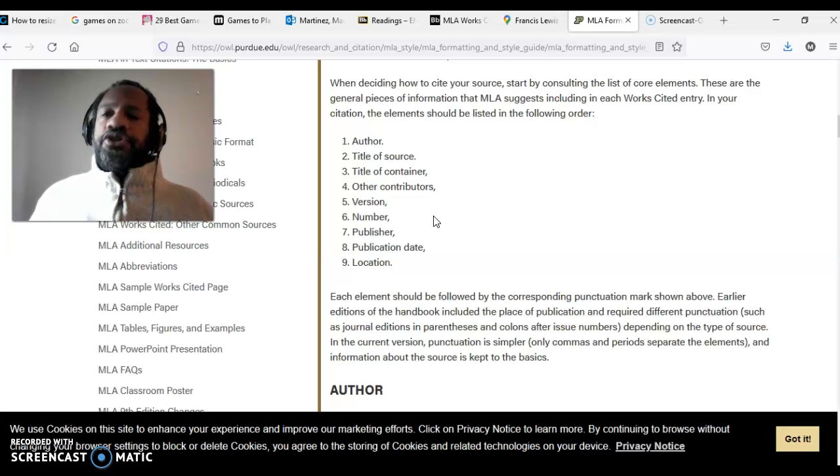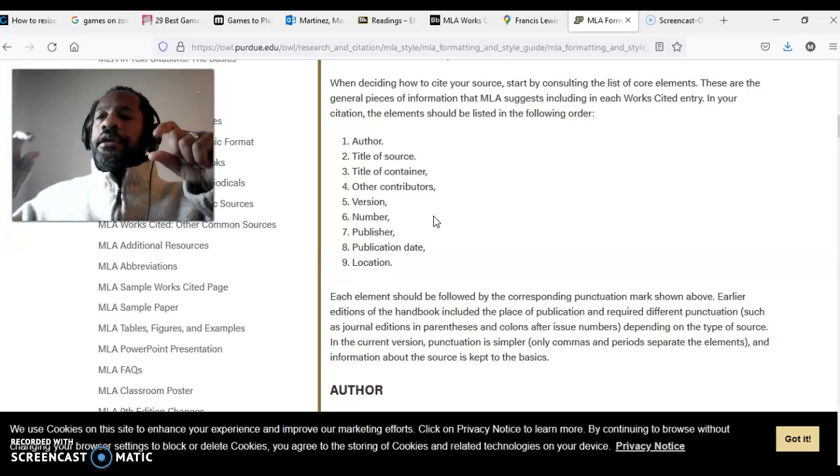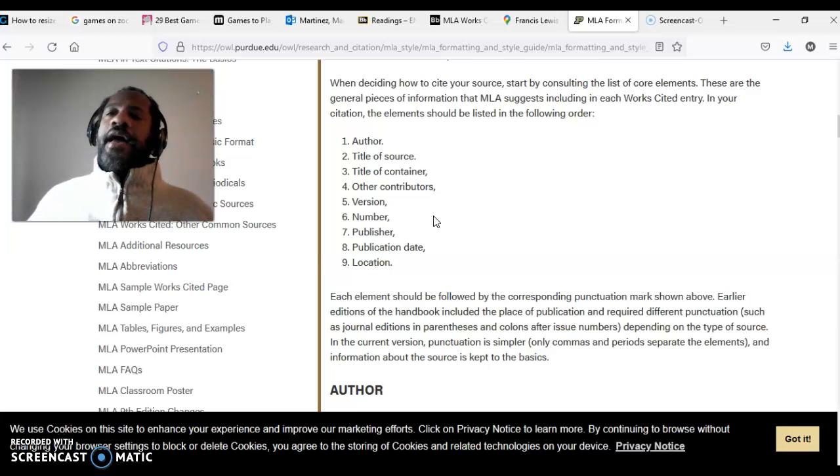Then we say the publisher, right? Who it is that put this thing out, right? What company published this thing? And so if you have a book like Alexandra Horowitz's book, we can look in the front and say, okay, this is the company that actually paid to have this printed. And so you find out who did that. If you've got something on the internet, there is a company that puts that thing out, right? There's a company that